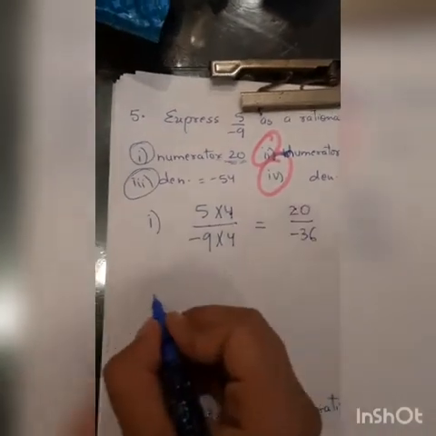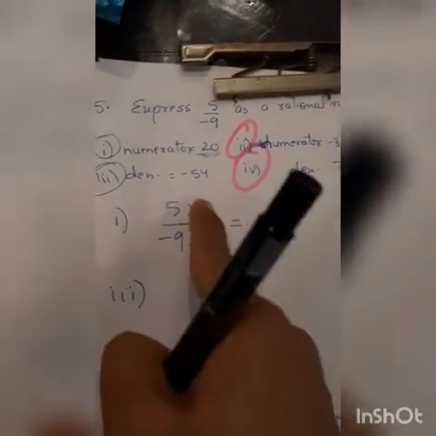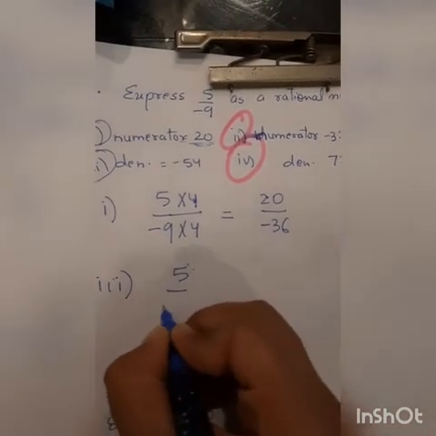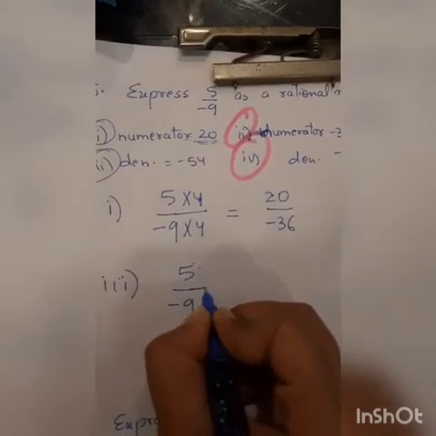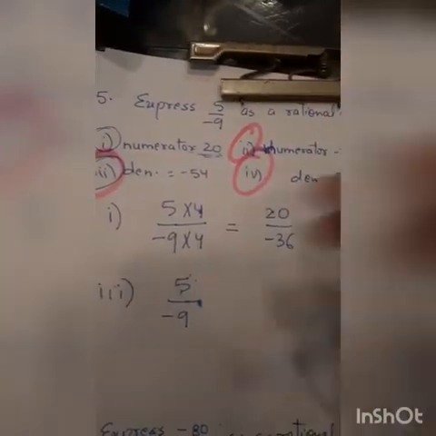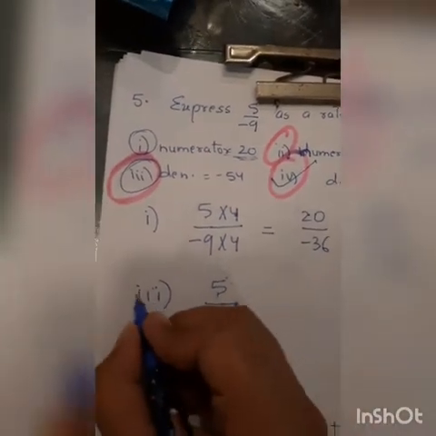Now see the third part, students. I need the denominator as minus 54. So see here, I am using 5 upon minus 9. Okay. Let me do the fourth part for you, students. Third part you take as homework. Okay, this is homework. I will do this fourth part. So the fourth part is